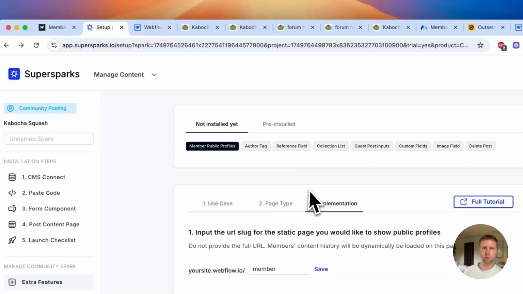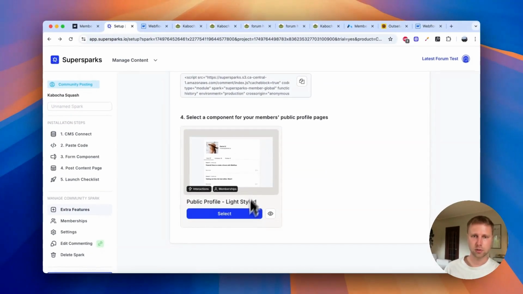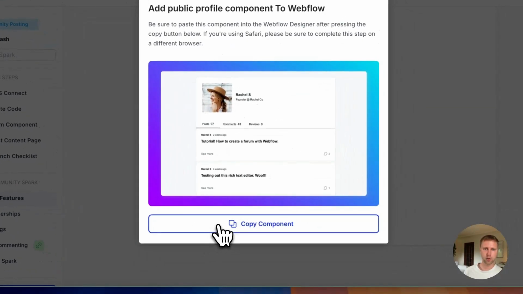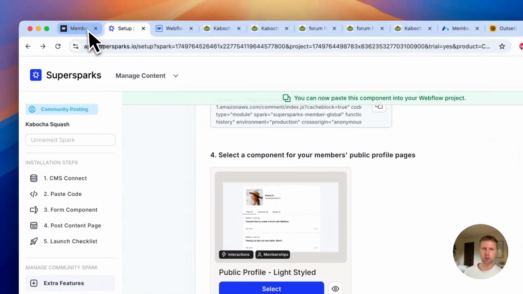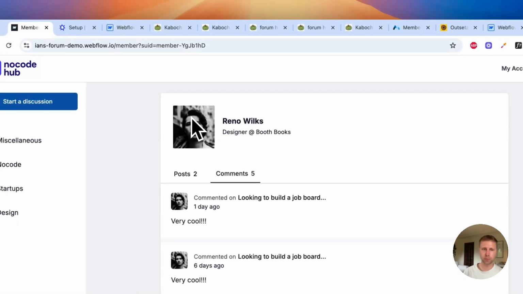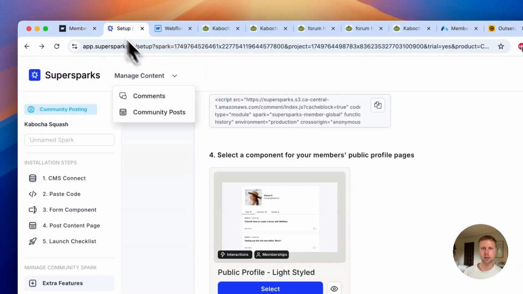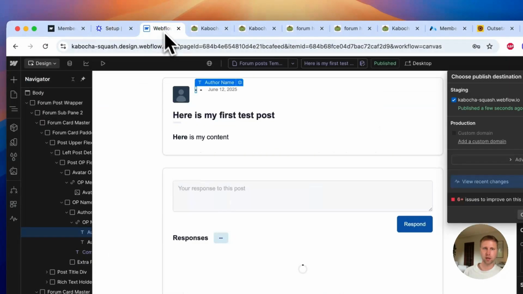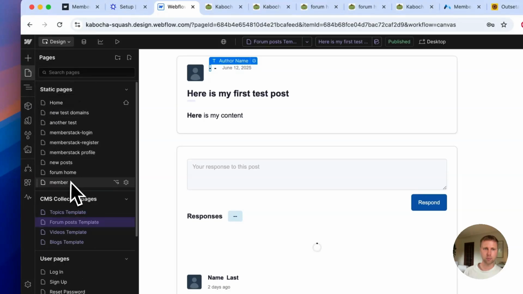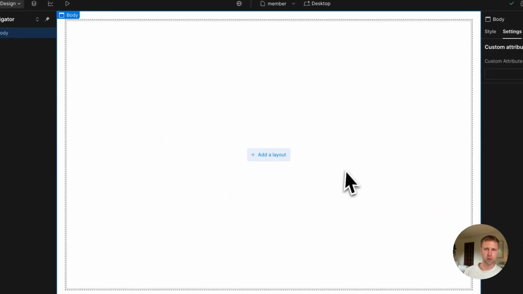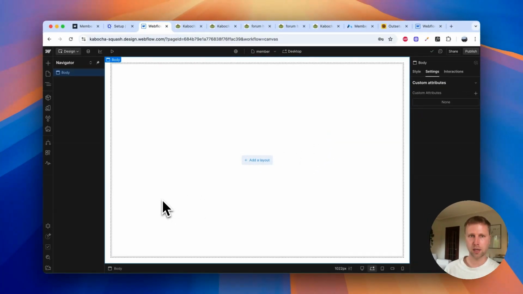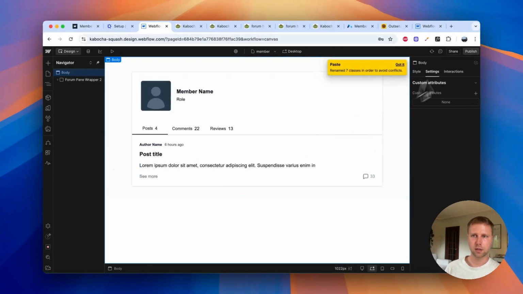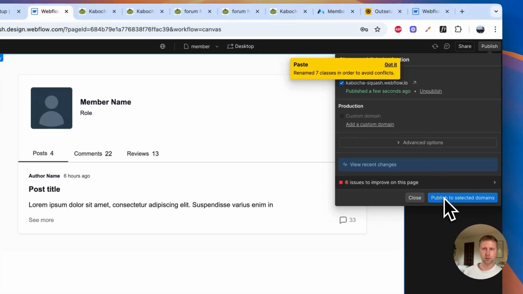And then there's also one more step. So next we are just going to copy this component. At the time of recording this, there's only really one component for the public profiles, but we're planning on adding more in the coming months. So after copying, we can then go back to the static page for the public profiles that we just created, and then paste in this component. So now, if we just publish again,